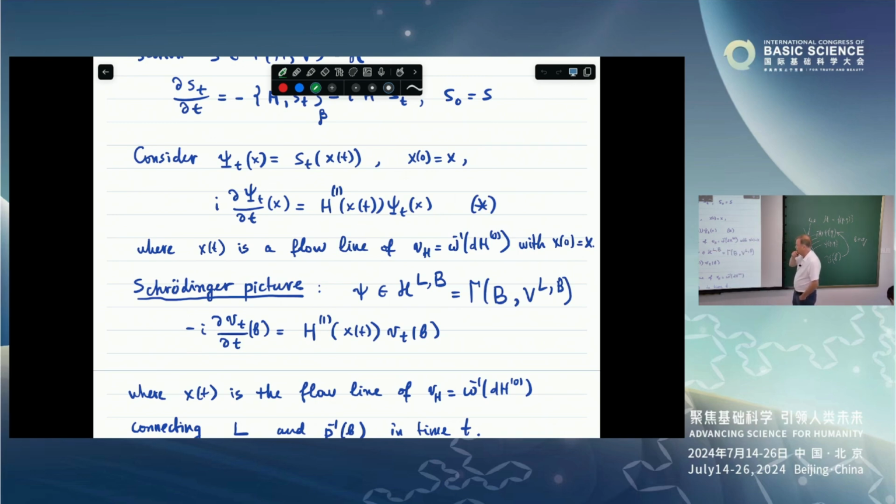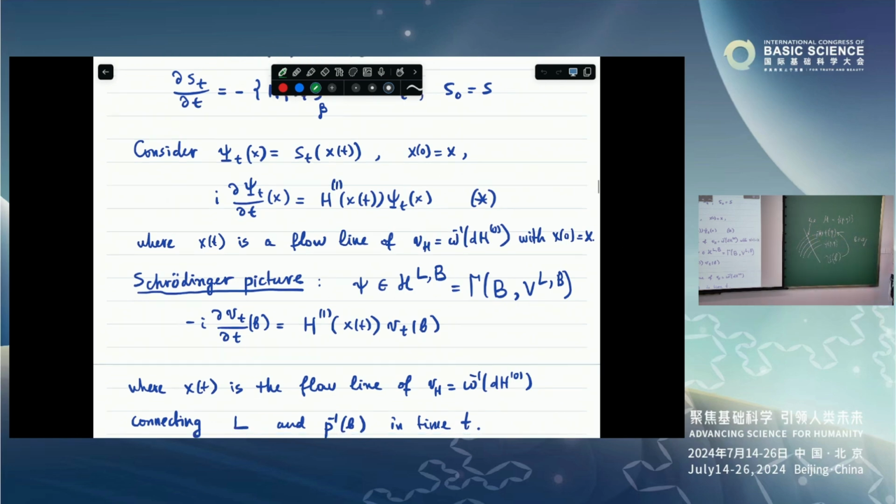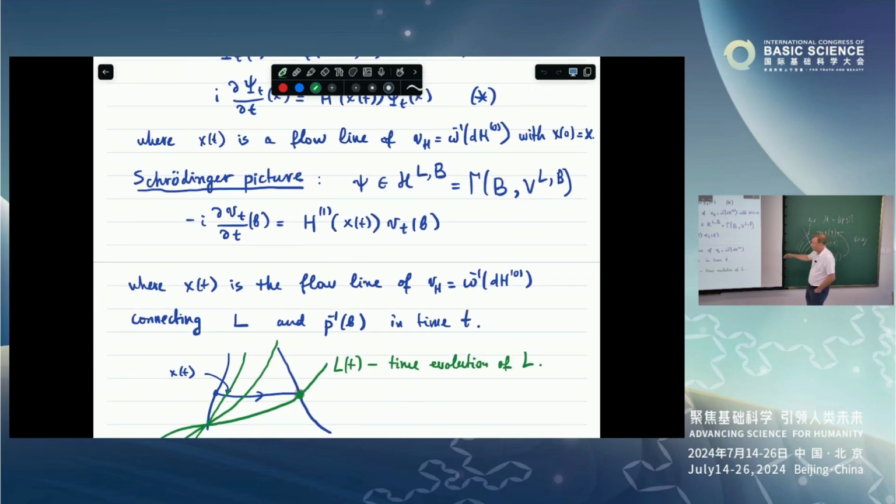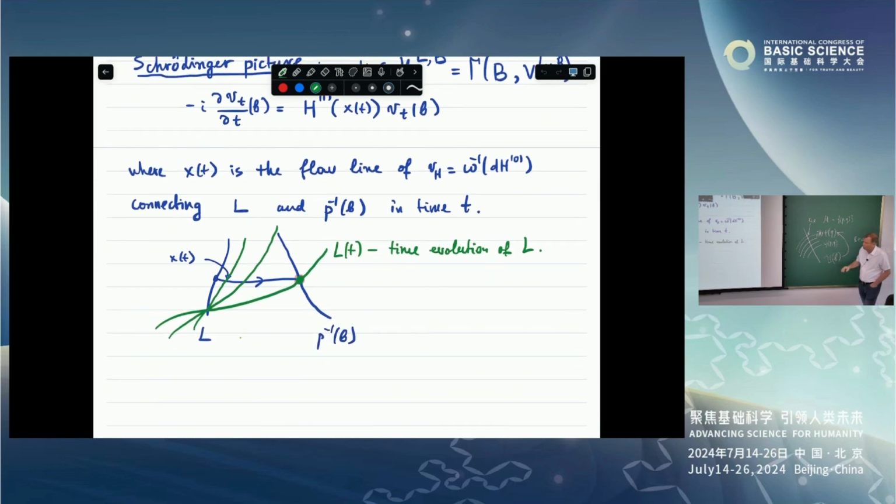So then this dynamics descends to the Lagrangian module and gives the kind of true Schrödinger picture of the hybrid dynamical system, where the wave function depends on B. So this B is like a Q, and the Hamiltonian depends on the point in the phase space, but this point in the phase space is always this intersection point of the dynamics with some fiber.